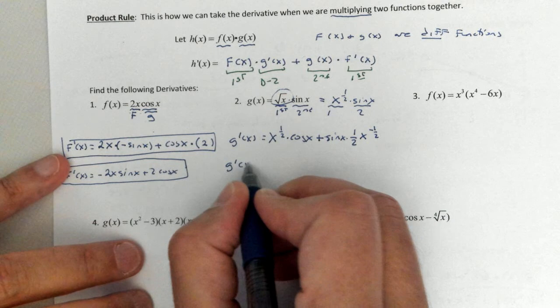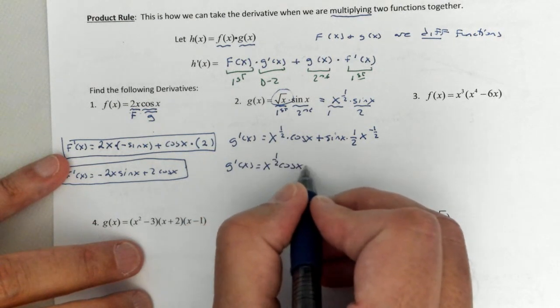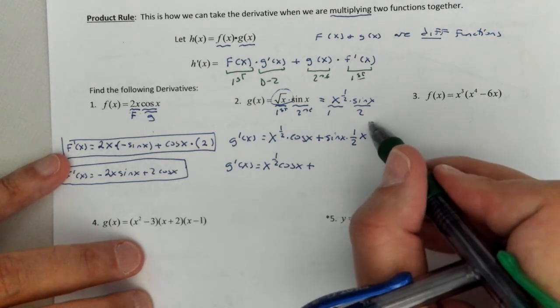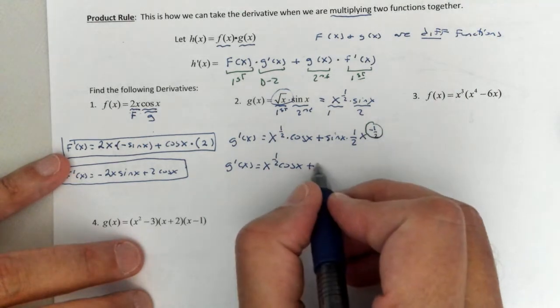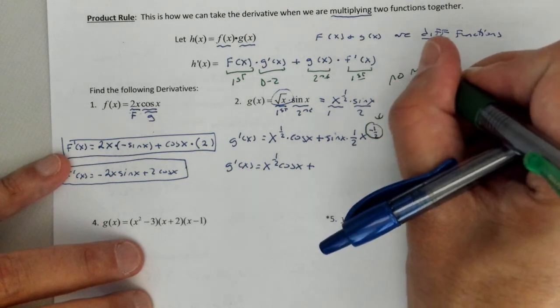So g prime of x, we get x to the 1/2 cosine of x plus, remember, we talked about this in another video, no negative exponents. We don't like that, so we're going to rewrite this. So no negative